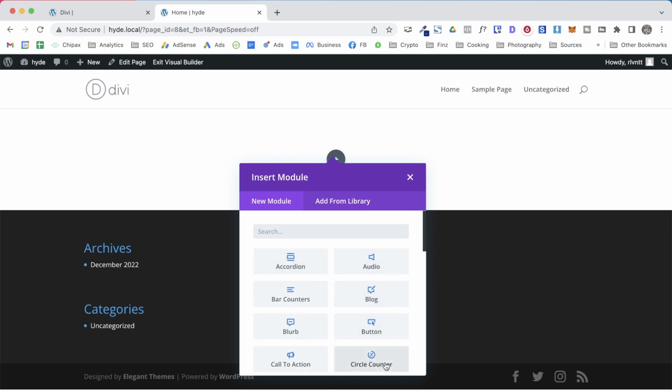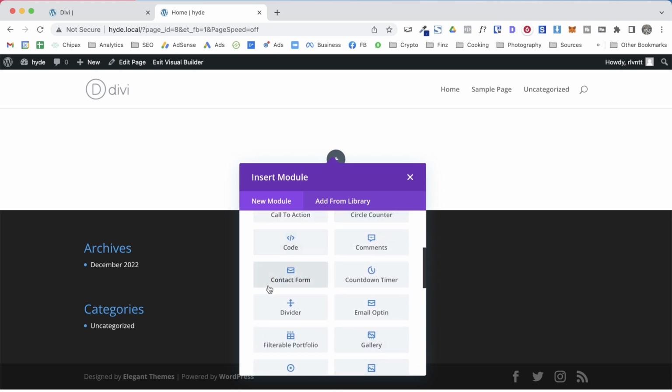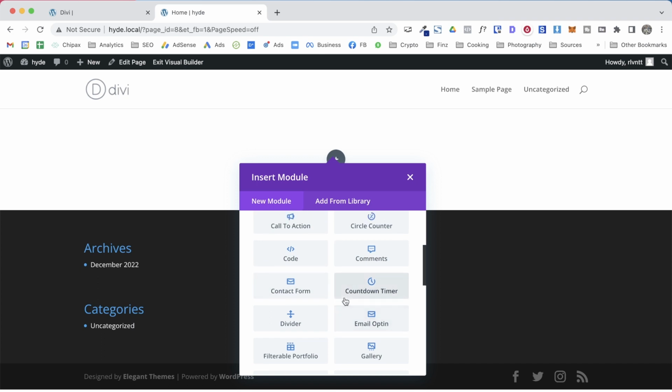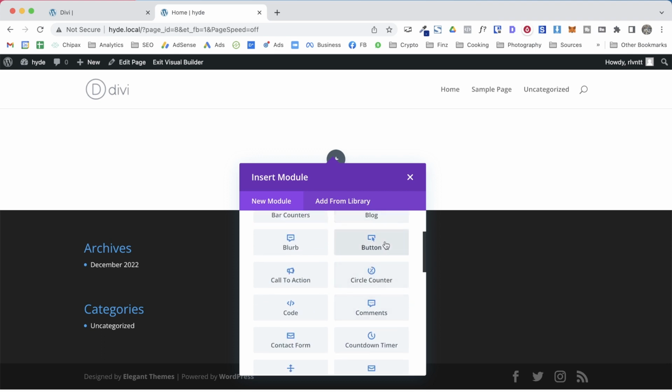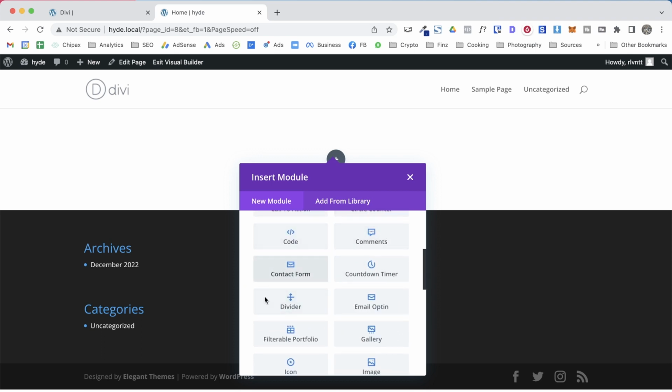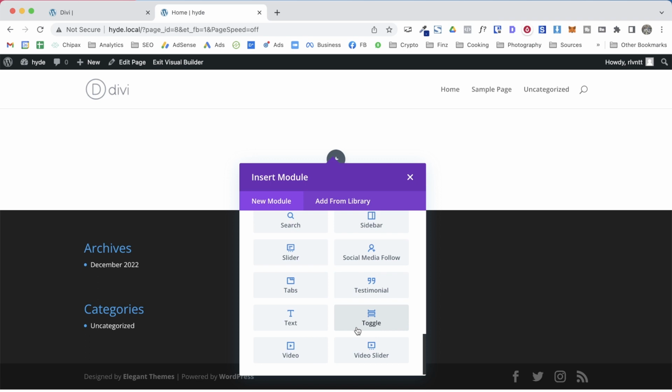So as you can see here, I can scroll down and select different types of content like accordions, an audio module, a blog, a button. I can add a contact form, images, a login module, and many other things. So in this case, I'm going to add, for example, a text module,